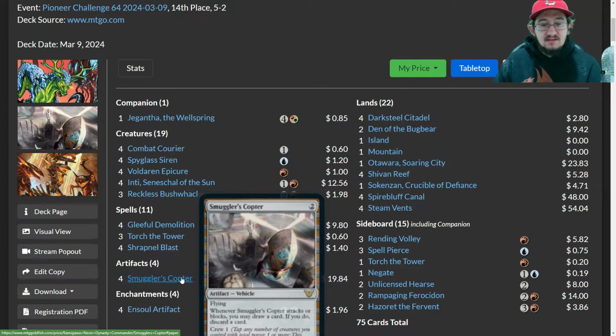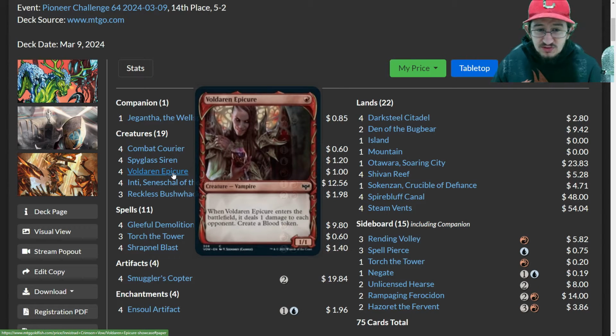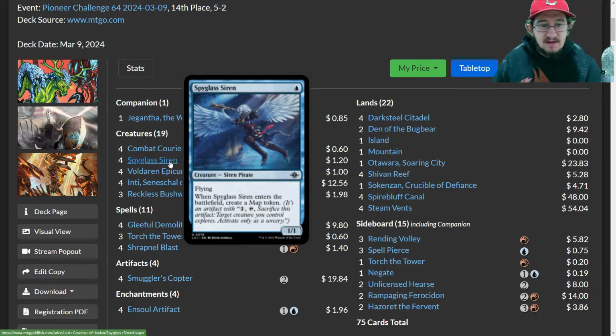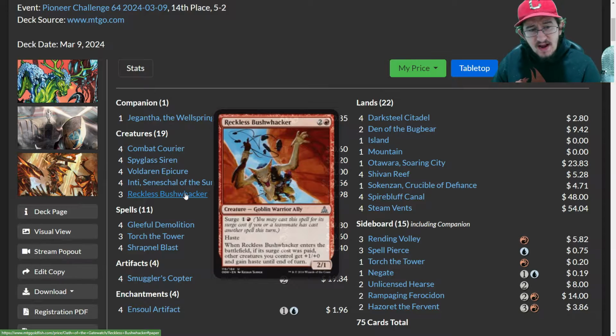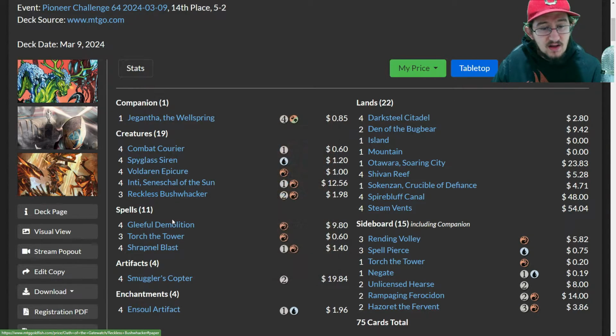Smuggler's Copter is kind of like the hotness of the Pioneer format, one of the reasons to play it. You have Voldaren Epicure as well as Spyglass Siren. For some of the other formats as well, in the other variants of Rakdos Midrange, Reckless Bushwhacker. I don't know if this sees much play in the Boros Convoke decks, but there as well, and even